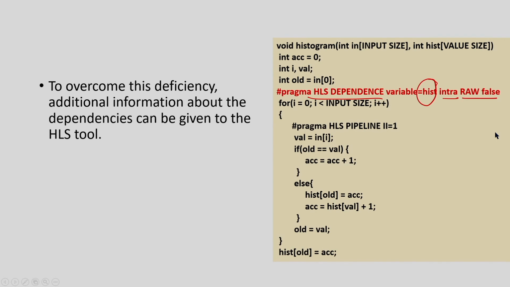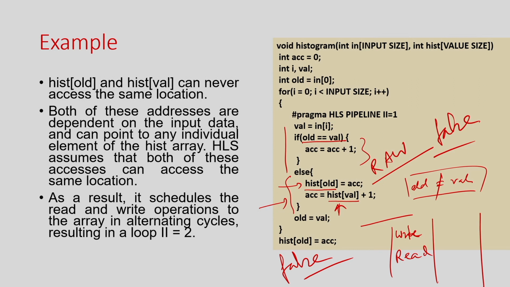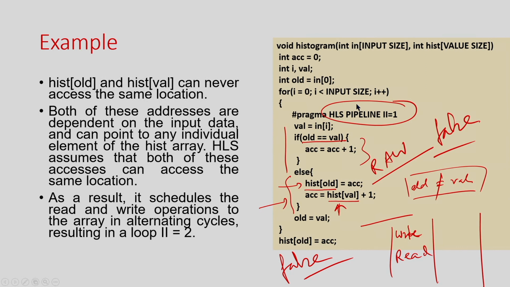If you specify this particular instruction, then the high level synthesis tool will understand that this dependency is wrong, so it can ignore it and schedule this in the same clock, and that will give you the performance benefit. You can improve the pipeline benefit with this kind of thing. So the point here is, if you apply loop pipelining and you are not achieving the performance you are expecting because of this kind of false dependency, then you have to specify that these dependencies are not correct. Then the tool will do the efficient implementation. Okay.